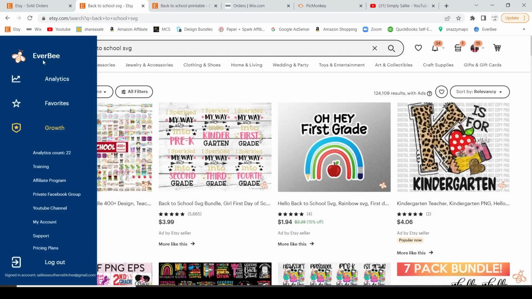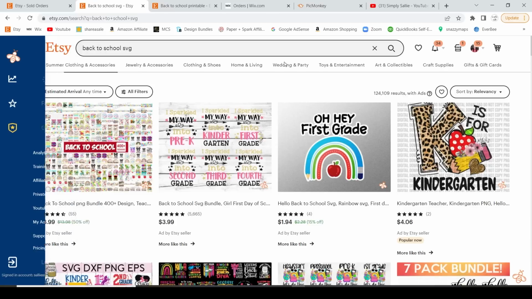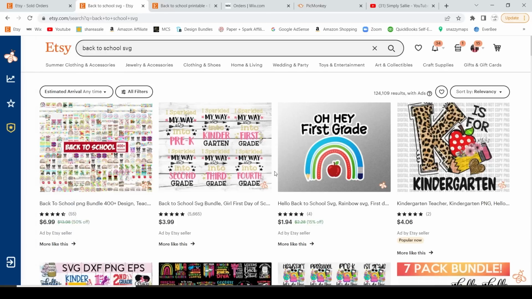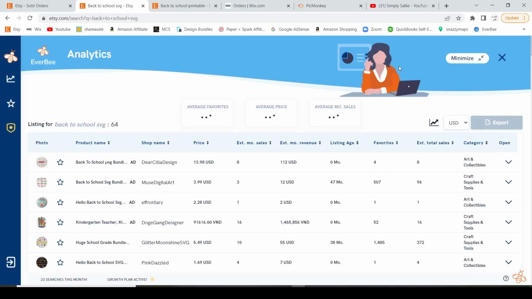It's completely free to download and use, and if you want to upgrade to have more analytics searches, you can, but it's completely free to use. So I'm going to go over here and click this analytics button, and it's going to pull some data from this first page. All right, so now that that's loaded,